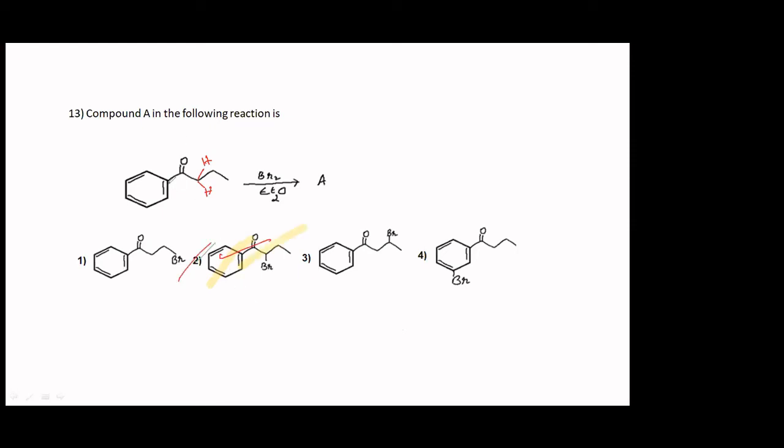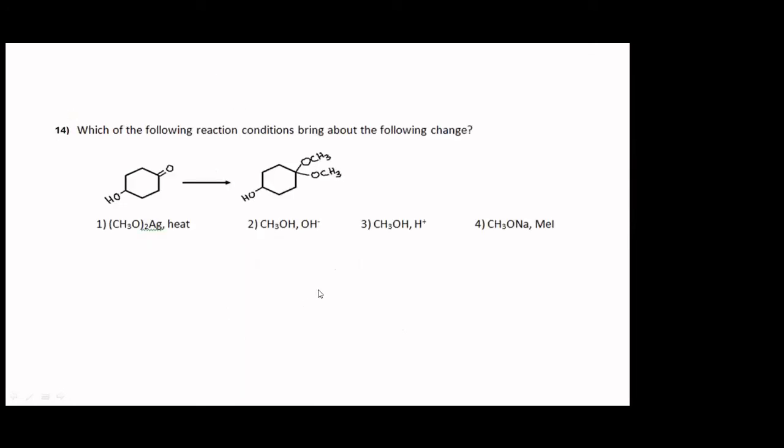So in all those cases, if carbonyl group is there, that is an electron withdrawing group. Alpha carbon and the protons bonded to that become a little acidic. So therefore, correct option is that. Most of you have answered that, which is good. Take up this. Which of the following reaction conditions bring about the following change? I think it is the same thing, no? No, it is different. Very much similar to the one, but